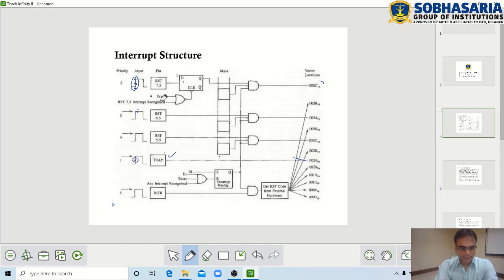Suppose RST 7.5 is identified and another RST 7.5 occurs consecutively, one after another. So if the first interrupt is recognized, in that case if they both are 1, it will create a 0 over here, which is going to clear this interrupt, right.